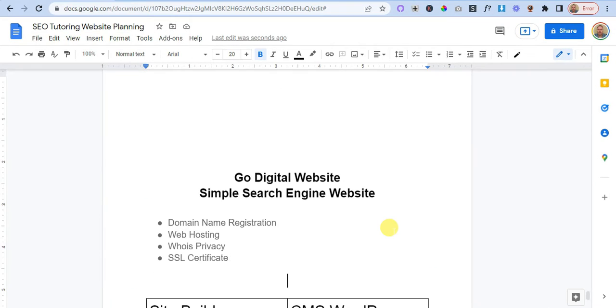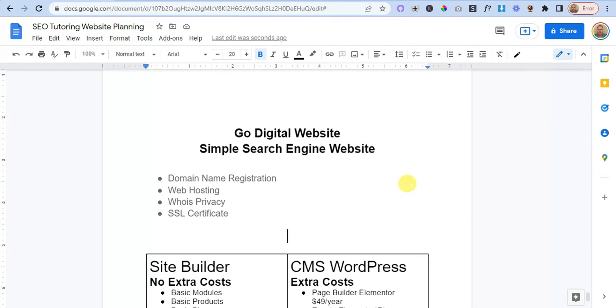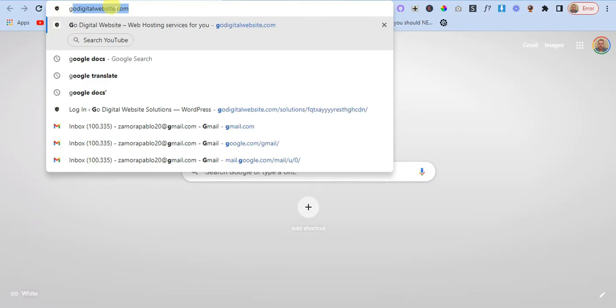Okay, to make a simple search engine website, you're either going to choose a site builder or a CMS like WordPress. But before you choose a platform where to build your website, you have to do a domain name registration, web hosting, WHOIS privacy, and an SSL certificate. So we're going to go to godigitalwebsite.com,